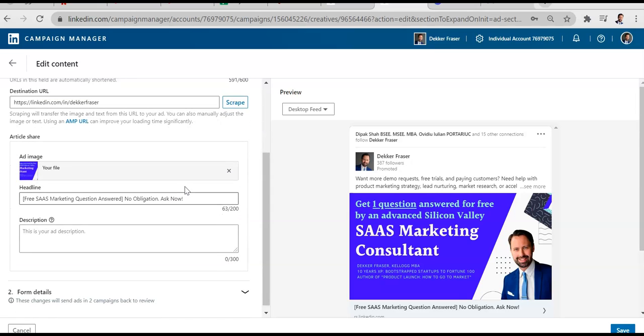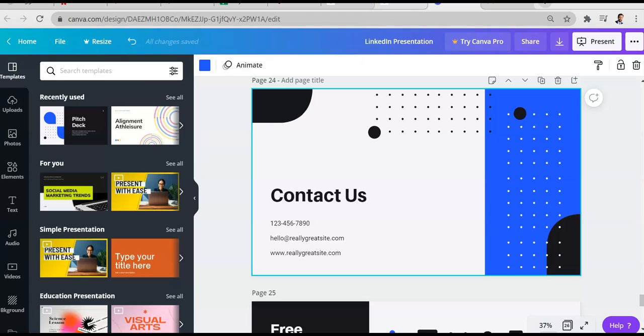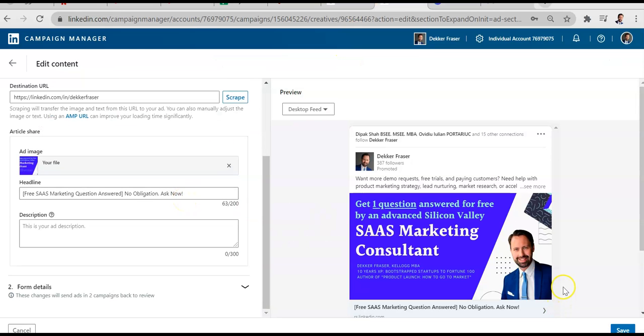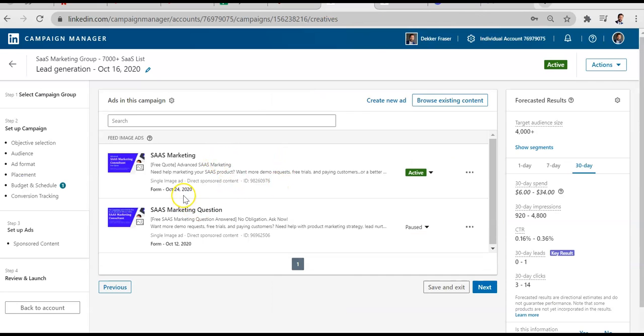And remember, the focus is on impact. Are you able to get a significant, bigger impact? Don't get caught up in the science of testing where it's, let's just isolate one little thing, like just the headline and the image, and test that. You're not at that stage unless you're an extremely large company where tiny little details amplify into big negative or positive impact. So one thing I could do is just delete this image, this ad image, go into Canva here, create a completely different image, upload it here, and then save the changes and launch the campaign. And then I will be able to see which creative outperformed the other.